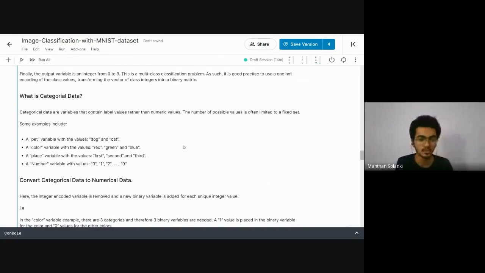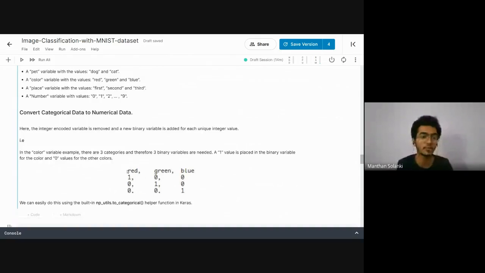Okay. So what is one hot encoding? Suppose we have a color class, and in the color class we have three colors. We cannot say that this is red, green, blue in the output. The computer needs to understand it in binary form. So I will simply make a matrix of 3 by 3, and for red it is 100, for green 010, and for blue it is 001. So this is how one hot encoding looks.